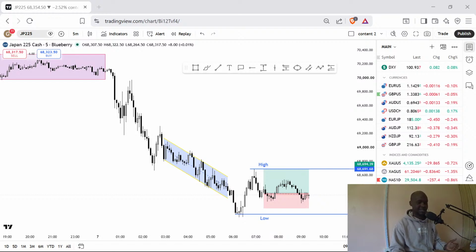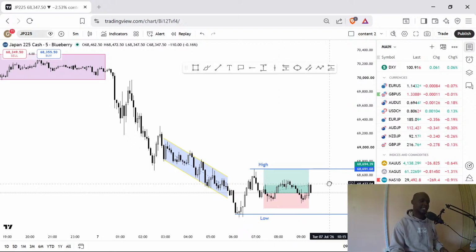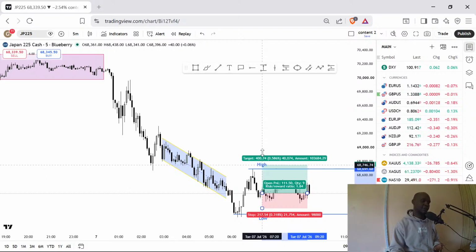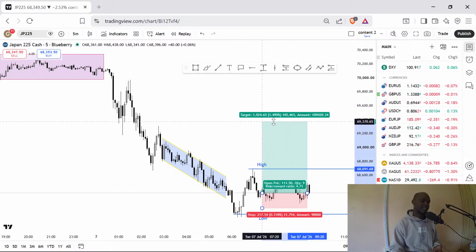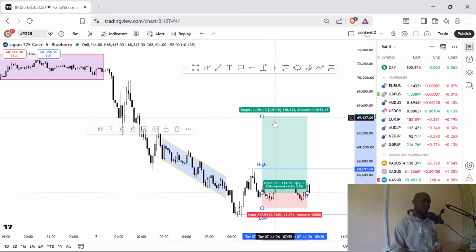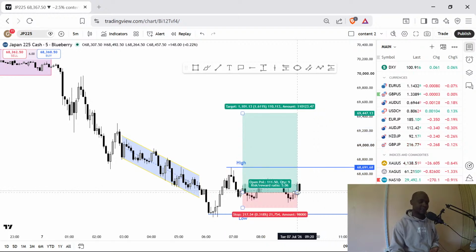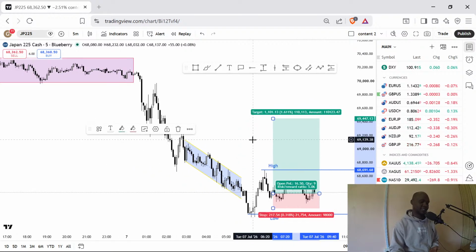So it really depends. For example, let's say I was starting a prop firm today and I was at 0% and I had a target of maybe 8% or 10%. Now my new approach to prop firms is I'm risking 2% or 1.5% per trade. So if I risk 2%, I'll only need 5. So this particular trade will only need to go to this level for me to pass the prop evaluation by risking 2% per trade. But by also risking 2% per trade, it means if I take 5 consecutive losses, I'll have to start again